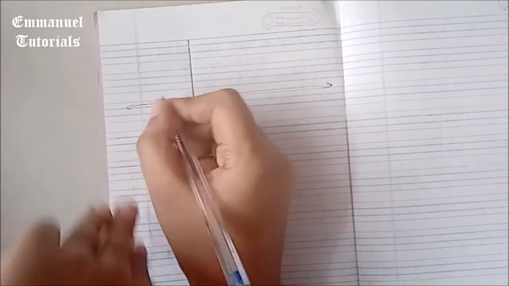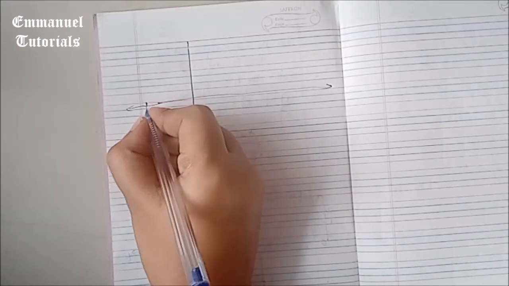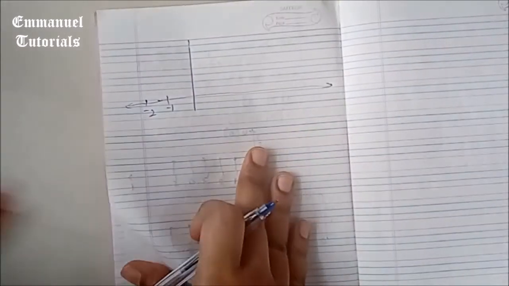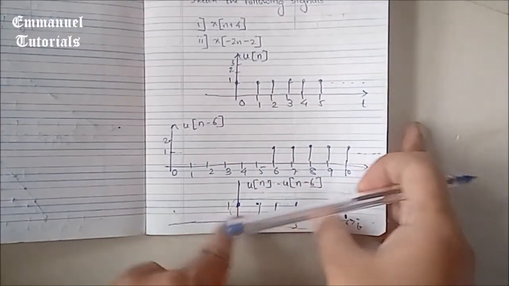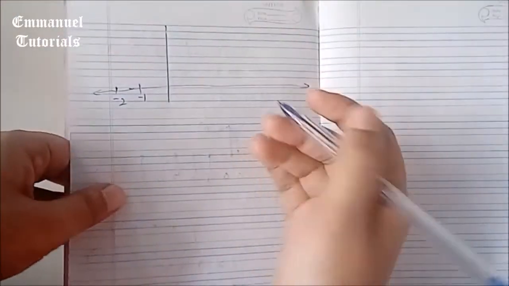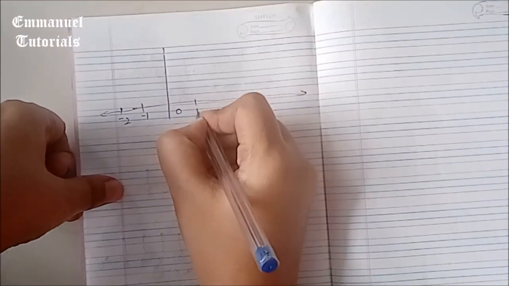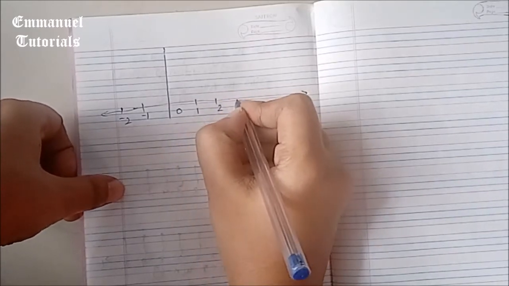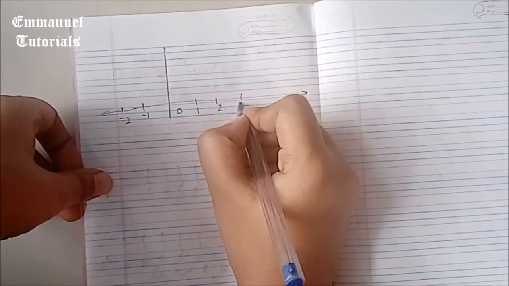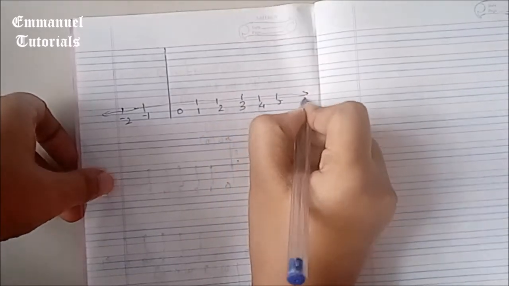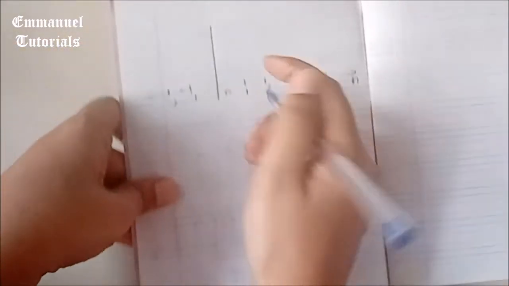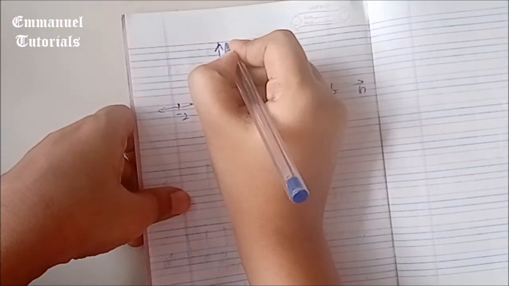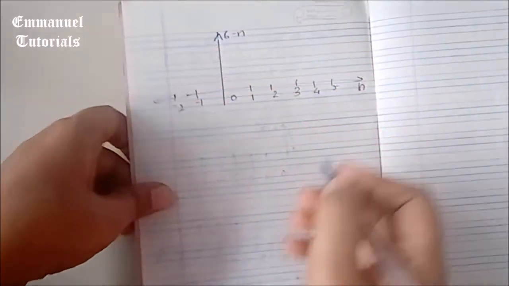Now 6 minus n, what we'll do is just take it from maybe the point of -2, -1, because multiplying this signal by any signal is going to give you a signal which is only between 0 and 5. So signals before and after that is not going to make a difference. Just for your understanding, I'm taking points at -2 and -1 as well. This is going to be n, n and n. This is 6 minus n.